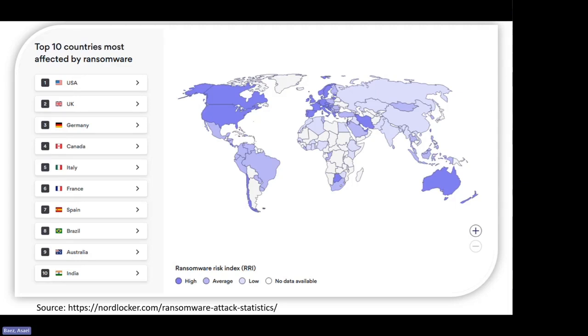And why would this be? Because these three countries are where most of the money is in these companies. Now there's also been an increase in India, meaning there's a lot of disruptive things going on there.